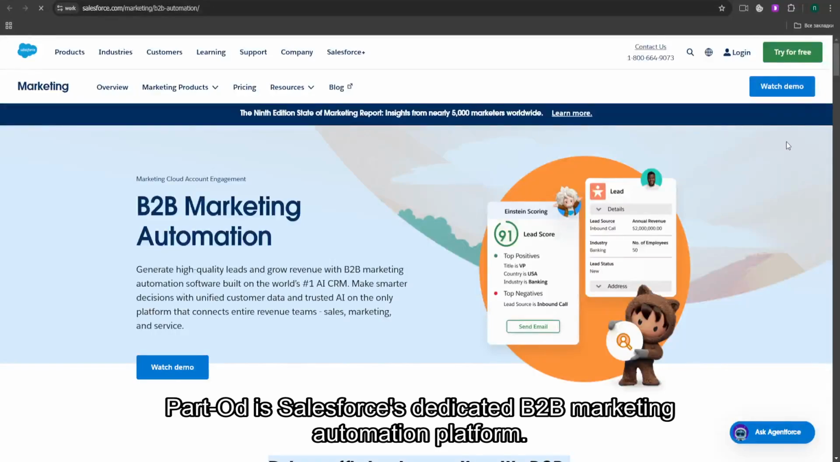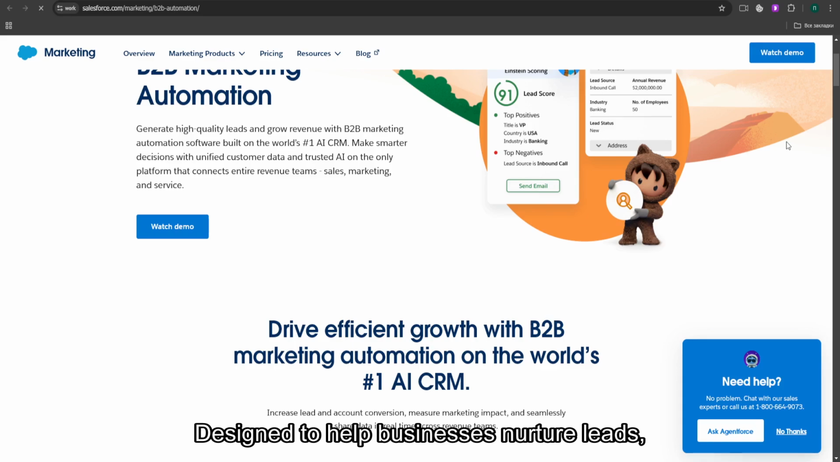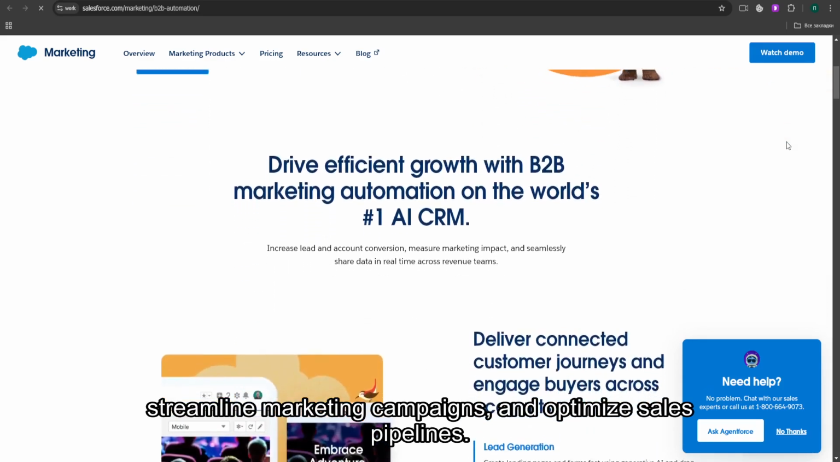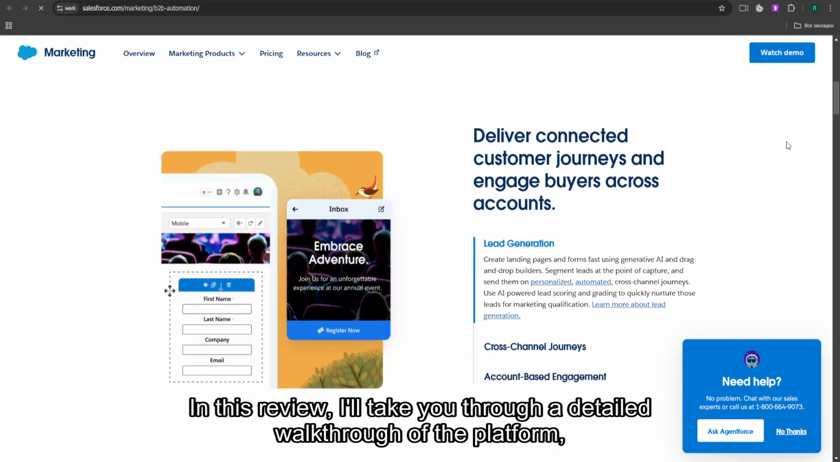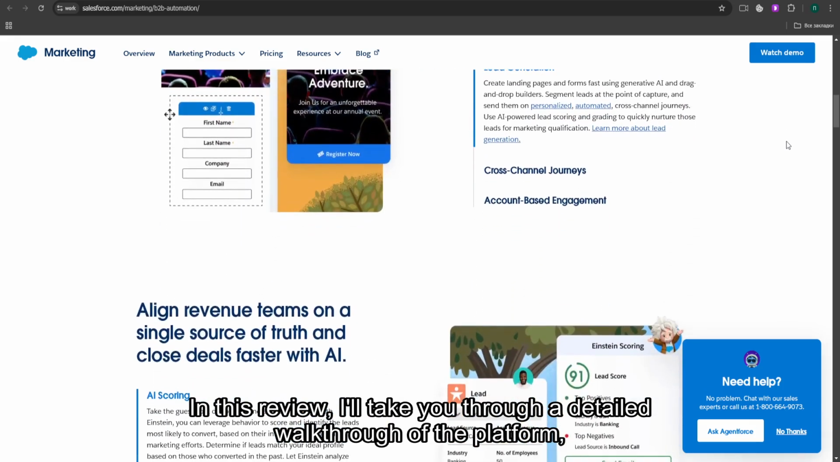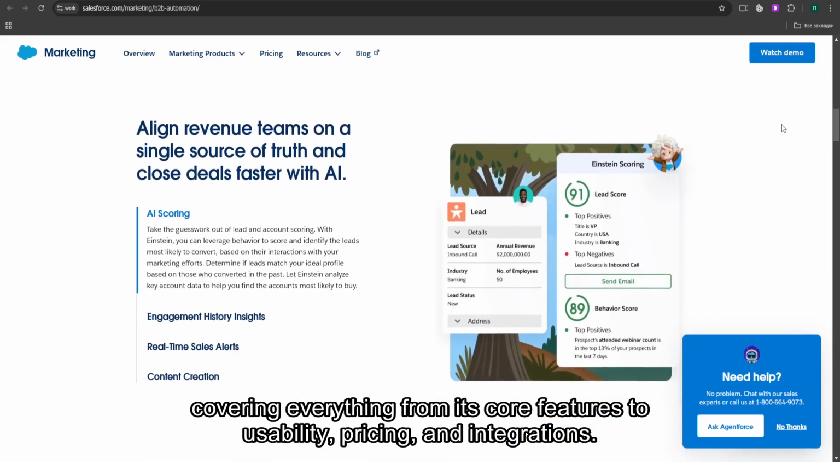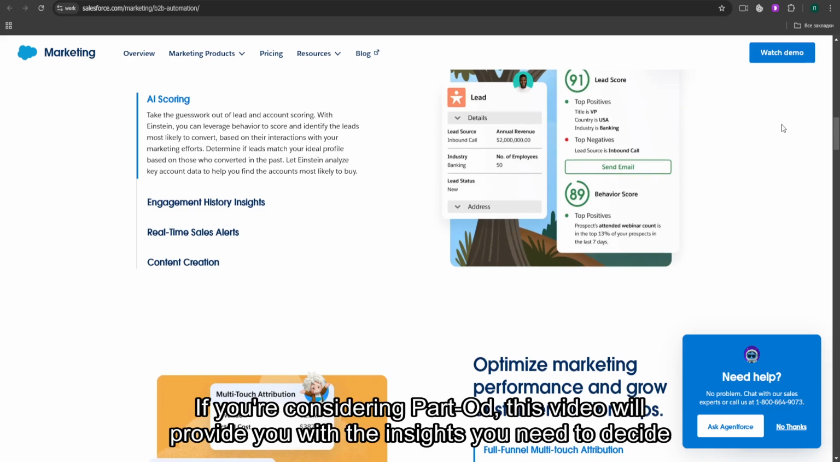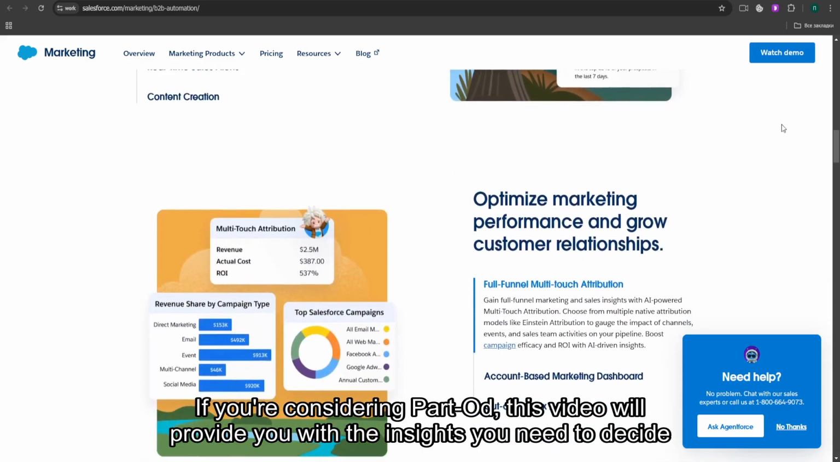Pardot is Salesforce's dedicated B2B marketing automation platform, designed to help businesses nurture leads, streamline marketing campaigns, and optimize sales pipelines. In this review, I'll take you through a detailed walkthrough of the platform, covering everything from its core features to usability, pricing, and integrations. If you're considering Pardot, this video will provide you with the insights you need to decide whether it's the right